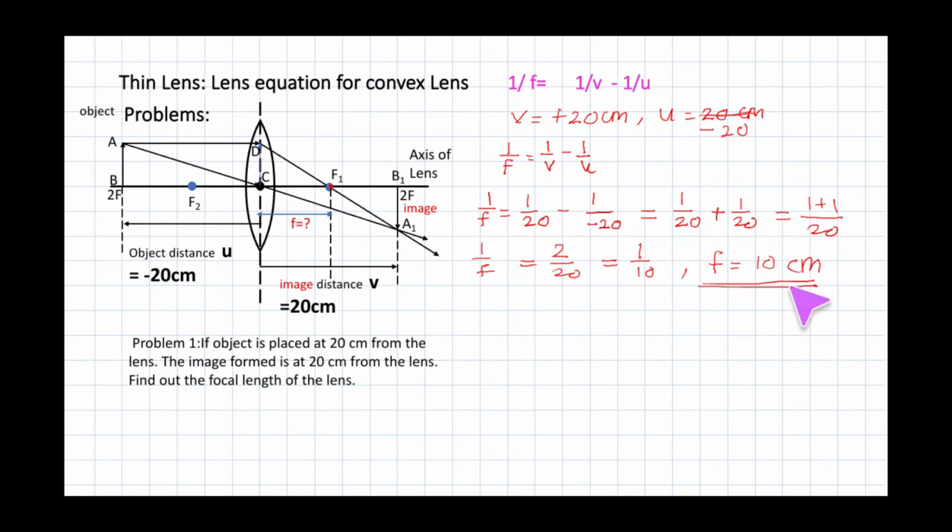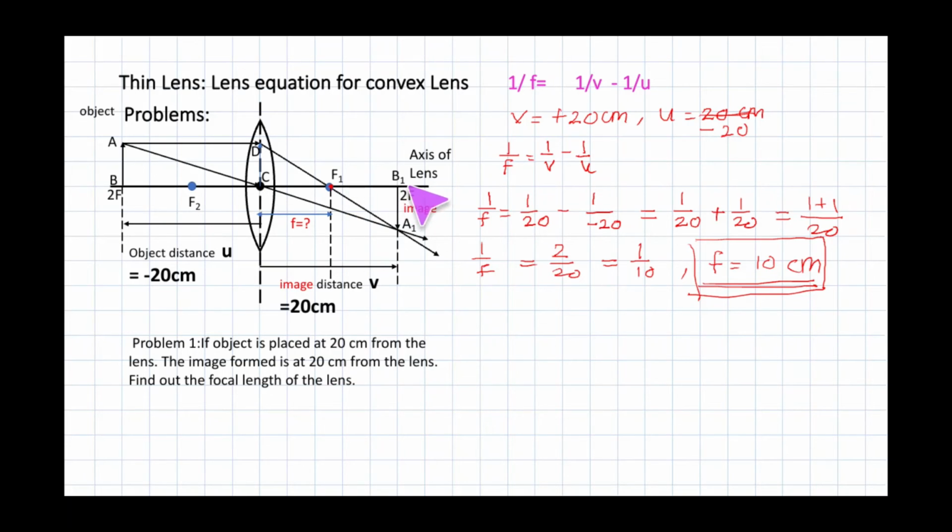So this way we can find out the focal length of the given problem. Now, for the sake of understanding, you can see from the figure also, this is the optical center and it is 20 centimeter. If you observe on the scale, this is the first line, second, third, fourth and fifth. Between these two points there are 5 lines, that means in total 20 centimeters. So one division is 4 centimeter. 4 into 5 is 20 centimeter.